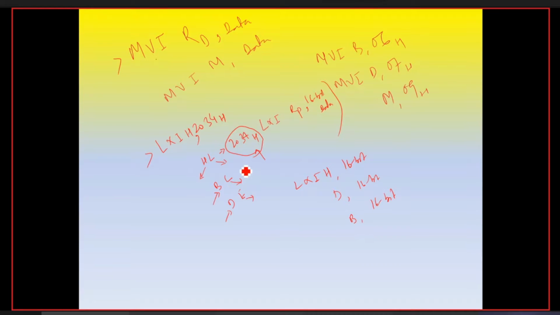So LXI H 2034 means H will store 20, L will store 34 individually. Register H or L can store an 8-bit value, but in a register pair we can represent 2034 as